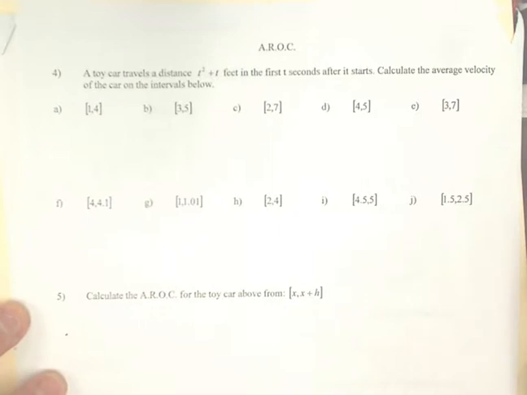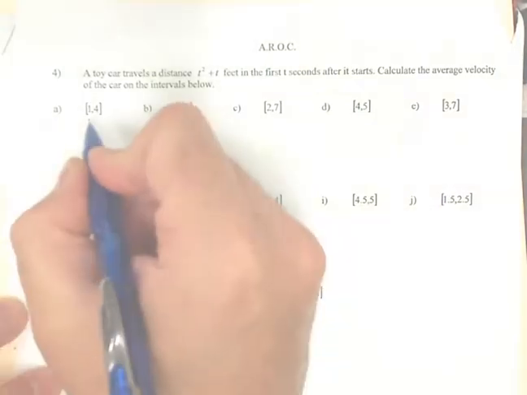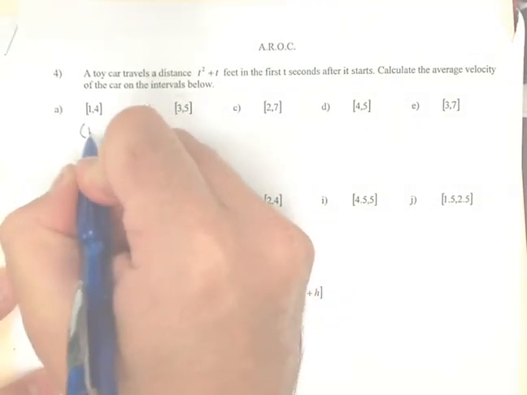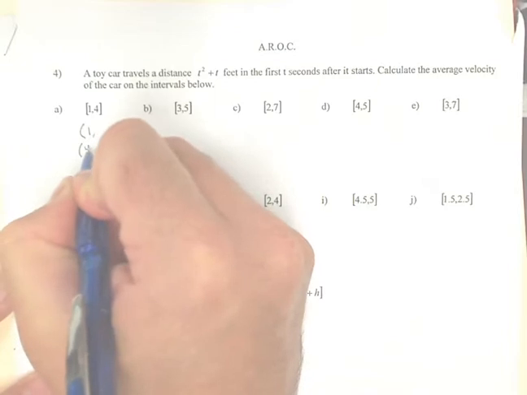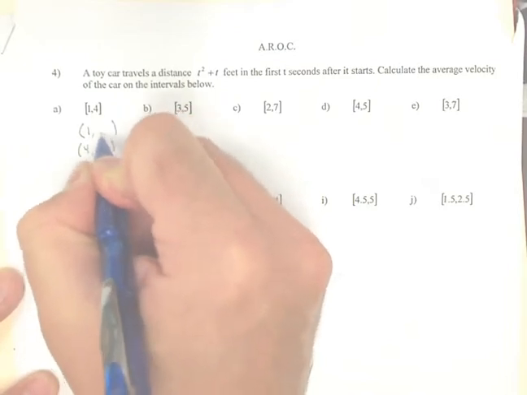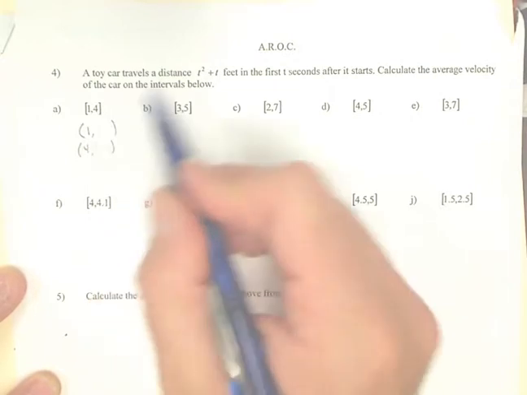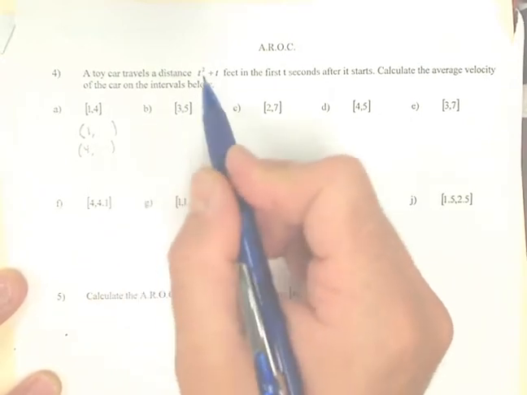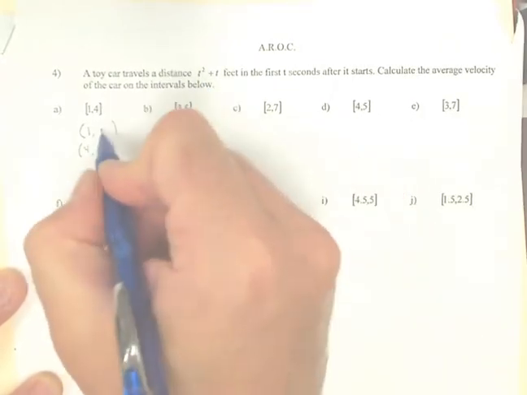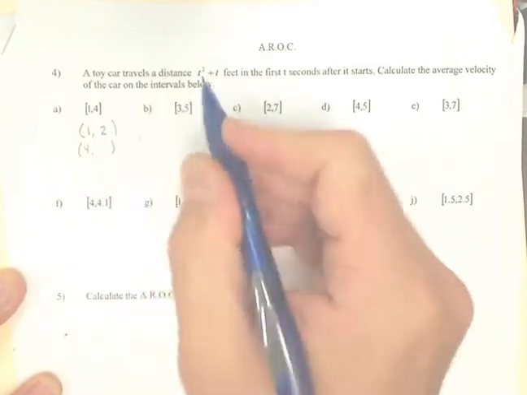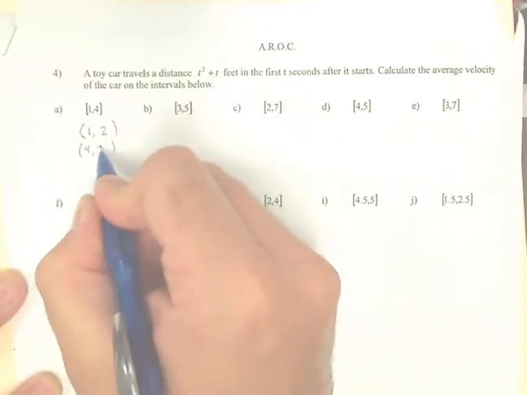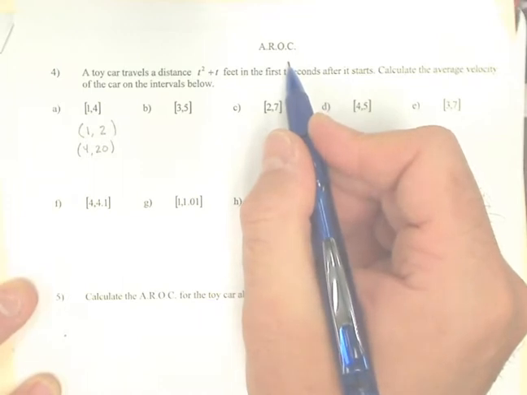There's not a bunch of them that start at 2, so we're going to have something slightly different happen. But keep in mind these are just x values, so in this case this is 1 comma something and 4 comma something, and to figure out what that something is you've got to plug these x values, or in this case t values, into your equation and calculate it. So 1 plugged into that guy right there will give you 2, 4 plugged into that guy right there will give you 20, and to calculate the average rate of change it's just the slope of the line that connects